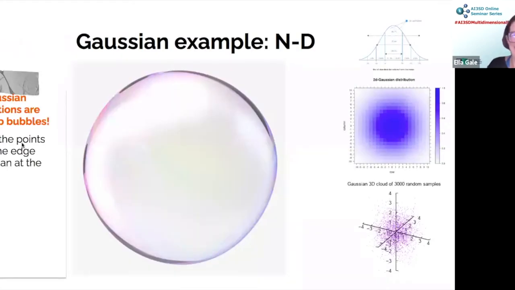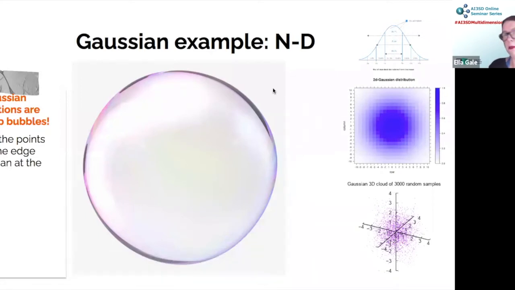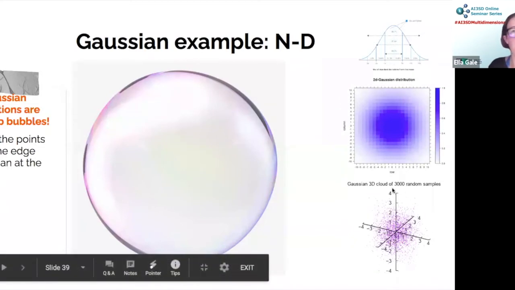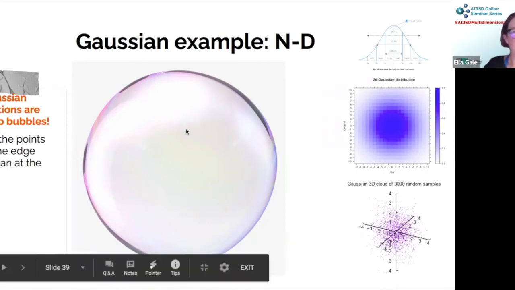It's weird. Once you get to a high dimension, the Gaussian distributions are like soap bubbles. Most of the points are on the edge rather than the center. So it's the opposite of what you'd expect. If you start to think of higher dimensional Gaussians, you'd probably have a picture like this or this in your head, and it's the opposite way round. Most of the mass is on the edge. Because there are so many dimensions, and I pointed out the number of points of our hypercube in higher dimensions gets bigger and bigger, you need a lot of points just to distribute into all the dimensions. It doesn't leave many to put in the middle.